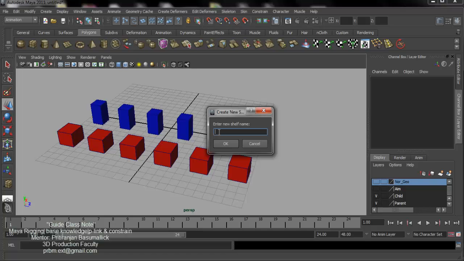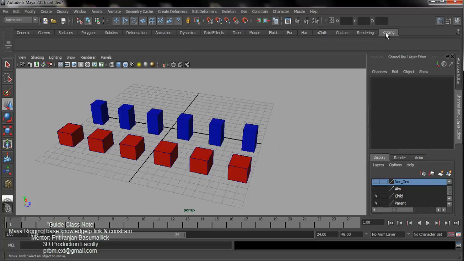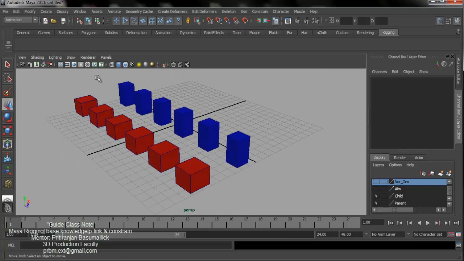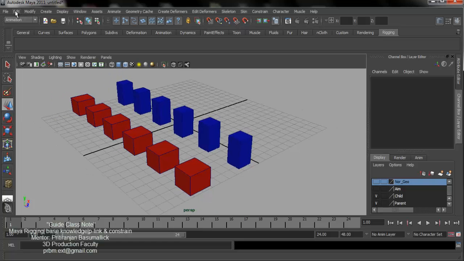I just give the shelf name rigging and hit OK. You see there is a new, empty shelf created. Now I am able to put any tools, any options in that shelf.